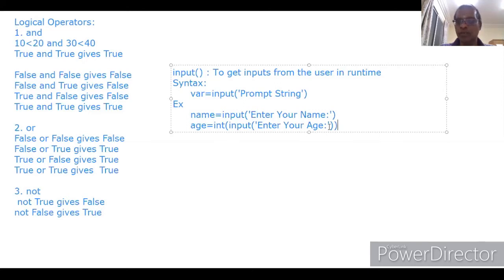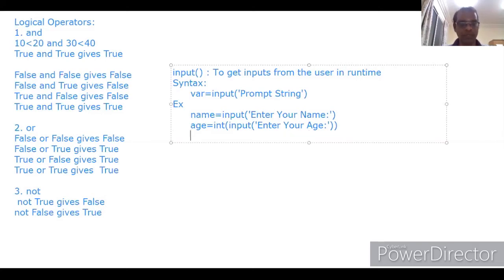Enter your age, you type 45. This 45 will be stored into age as the string "45", not as the number 45. That is the problem. Whatever input you get from the user using input is a string only. If you want to store it into an integer variable, that input should be explicitly converted into int. That is why we put int.